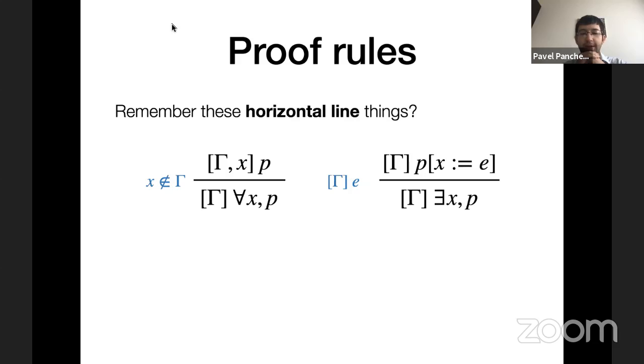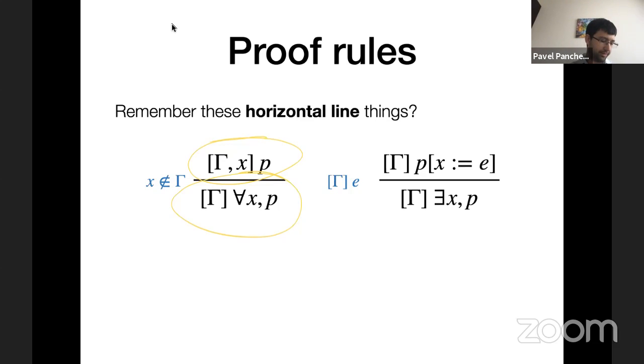But to jog your memory a little bit, what we'd have in this case is a horizontal line, and the stuff above that line was like an assumption, or like if that was true, then the stuff below the line was true. So we use these to write down